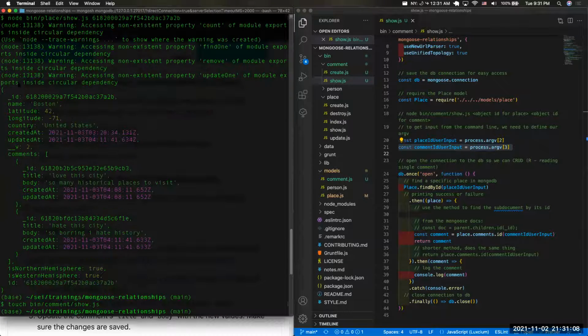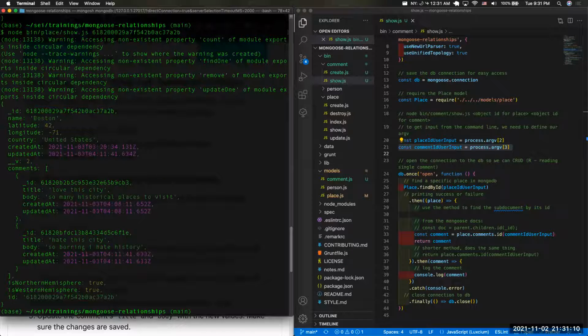Because when we just show a particular place, this is the command for show, which is pretty much like indexing all comments, right? When we're just showing a place, we just have to call the ID of the place. So ID right here for Boston. To access a single comment, we had to write this show method that uses the same kind of logic within show,